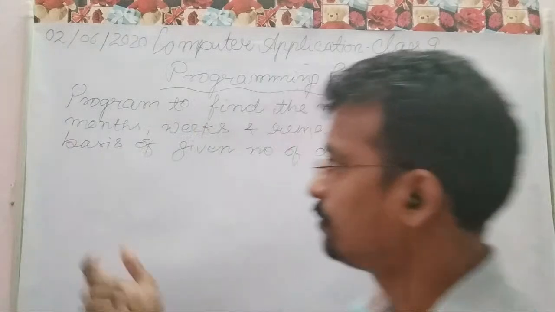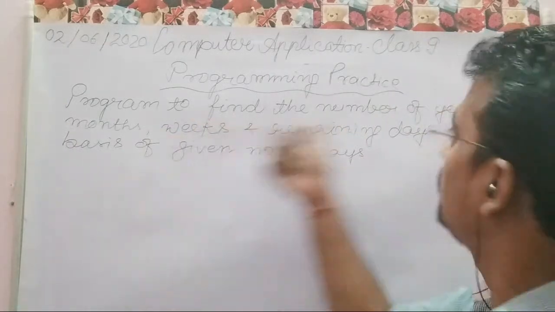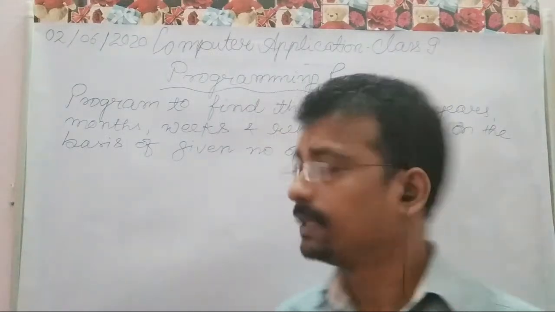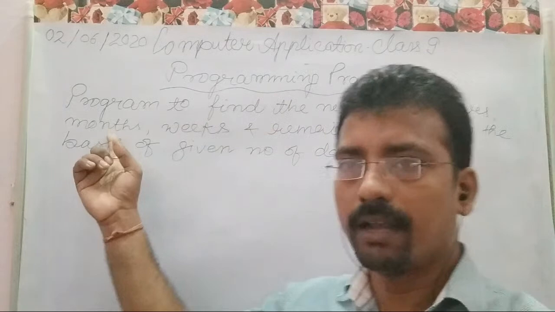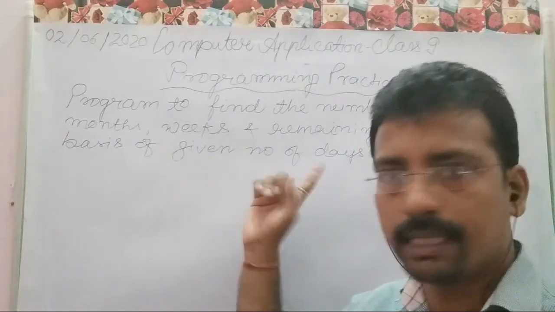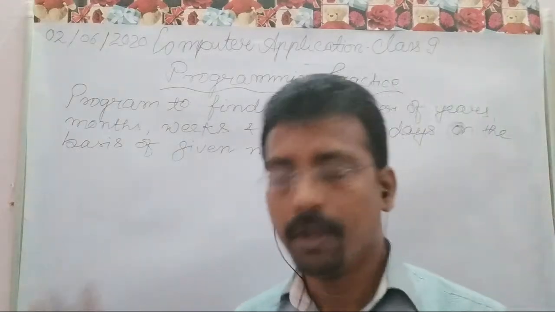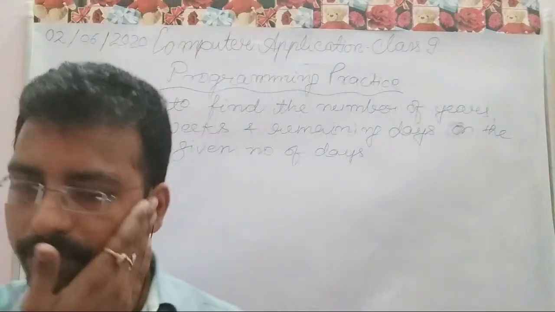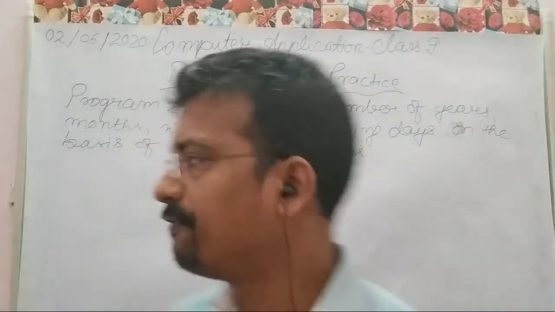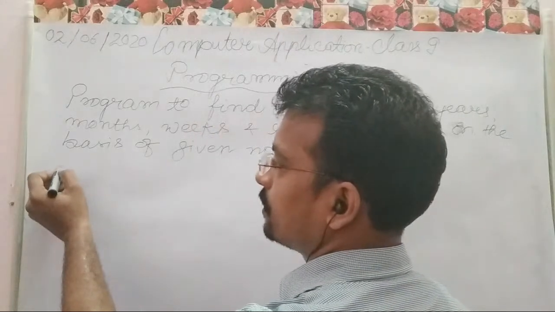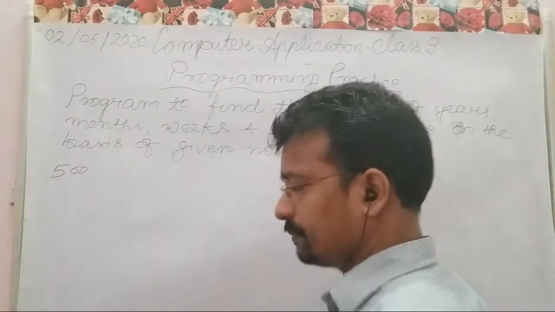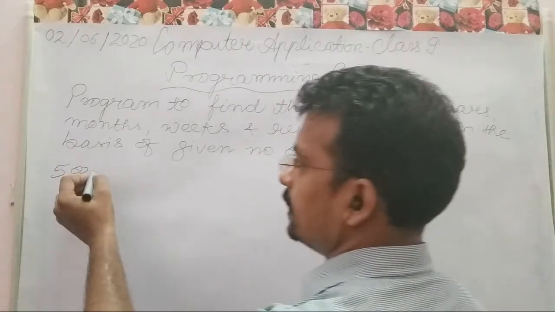You have to do the calculation, and through the calculation find out how many years are there in a given number of days, after the years how many months are left, then how many weeks are left, and then how many days are still left. Suppose I have taken the number of days as 500. Just see how your logic is going to work. 500 will be divided first in